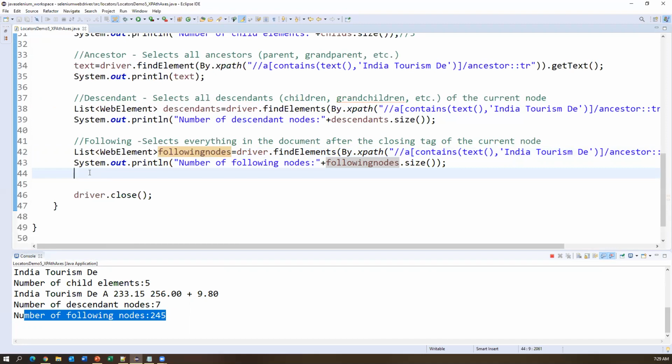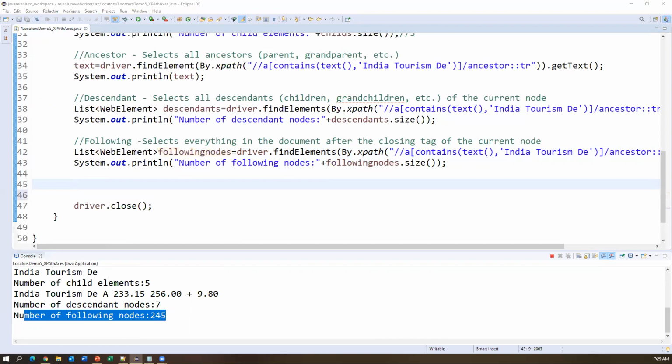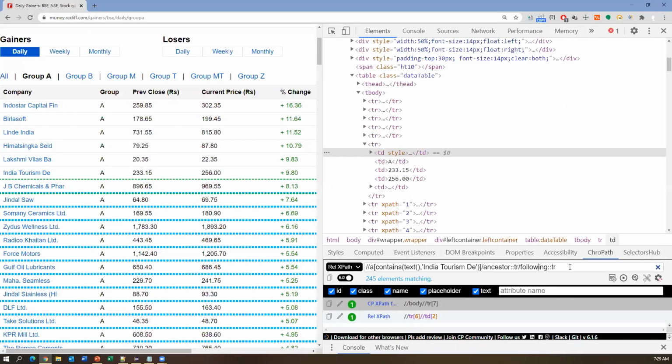Now let us try to use following-sibling. There is one more called following-sibling. So what does following-sibling mean? When I say following here, it is giving only the TRs.